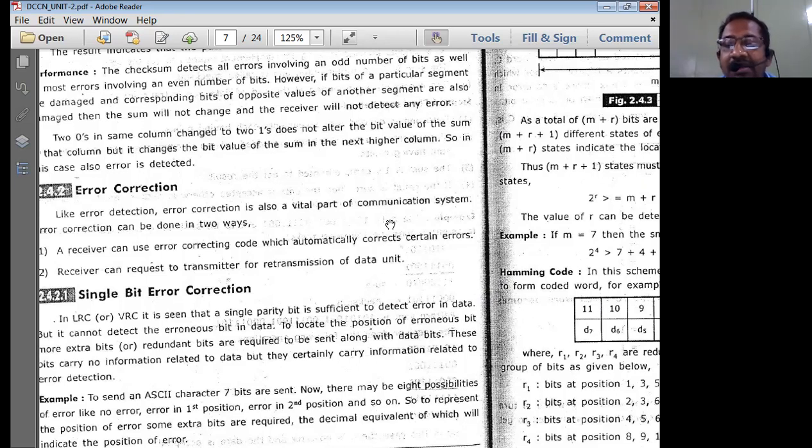Instead of the receiver continuously asking for retransmission of the data, if the receiver is able to correct the erroneous bits, it should be in a position to correct. Imagine the error is only a single bit: the receiver itself should find out which bit has the error so that it can correct it on its own, without repeatedly asking the sender to retransmit the data. If the errors are a small number, 1, 2, 3 or 4 bits, the receiver should be in a position to correct those errors. Then that system is an efficient system.